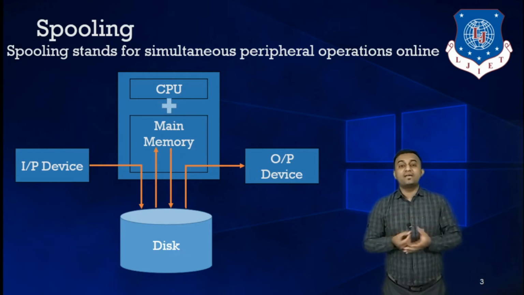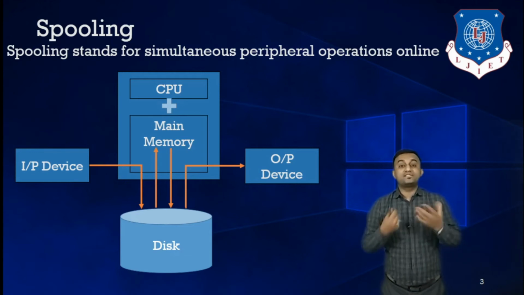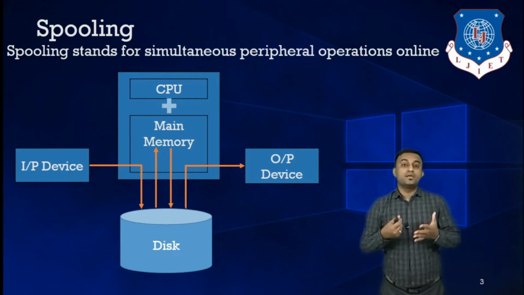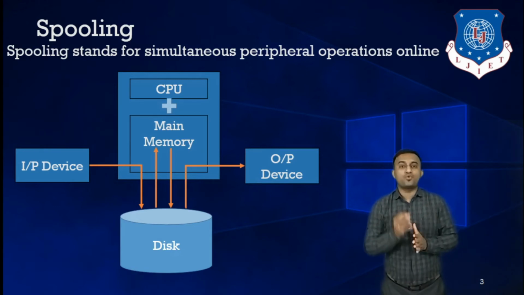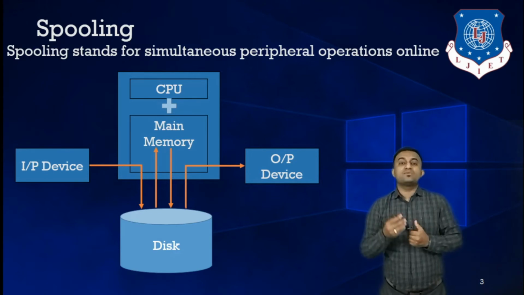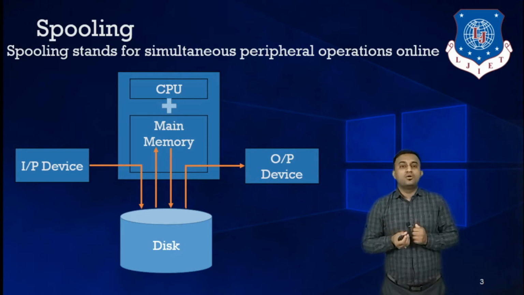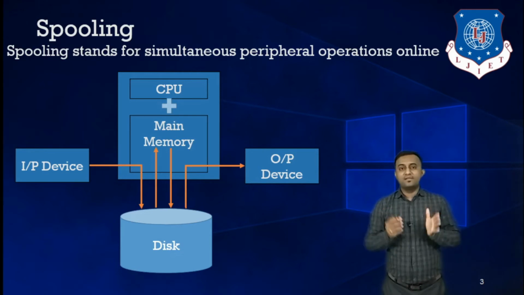So that's why we cannot execute more and more processes per unit time. Okay, so that was the limitation. To avoid this problem, what we need to do is utilize the CPU as much as we can. So by having this concept, what we can do in the case of spooling,